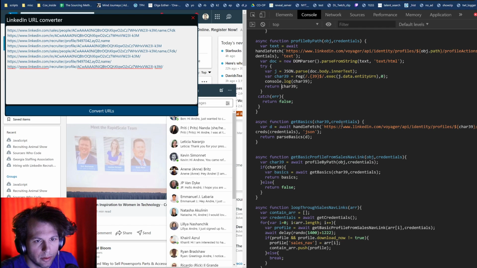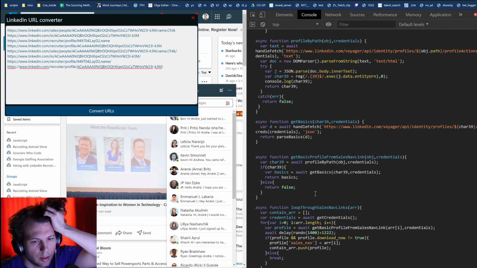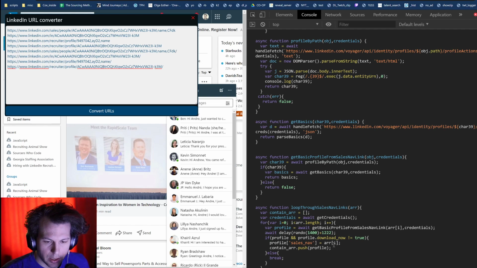Actually, I should just be able to return that back like it did, because that's going to come back here, profile path, and then I'm saying if that's this, then run it through basics, return basics, and basics comes back through here, and then I can just merge the